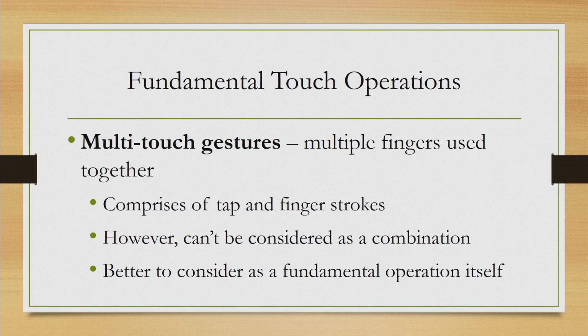And the third operation can be considered to be a combination of tap and gesture, that is gesture with multiple fingers, or multi-touch gesture. That is, we are touching the screen surface at multiple points with multiple fingers and then performing some finger gesture for each of those fingers to carry out some interaction task. For example, you are watching a photo and you want to zoom it. In that case you touch at different places of the photo and then perform a multi-touch gesture to zoom it. Similarly, zoom out also requires multi-touch gesture. So, this is the third fundamental operation.